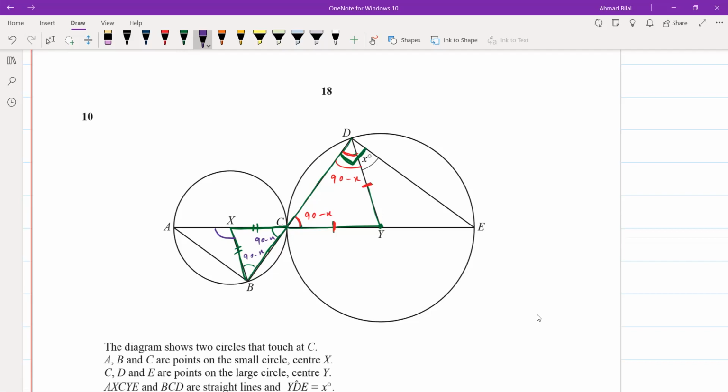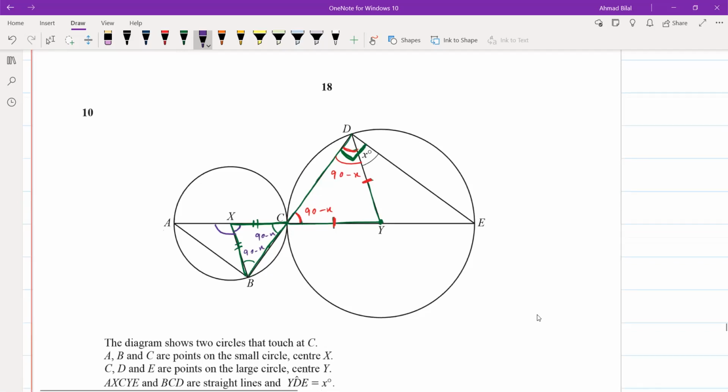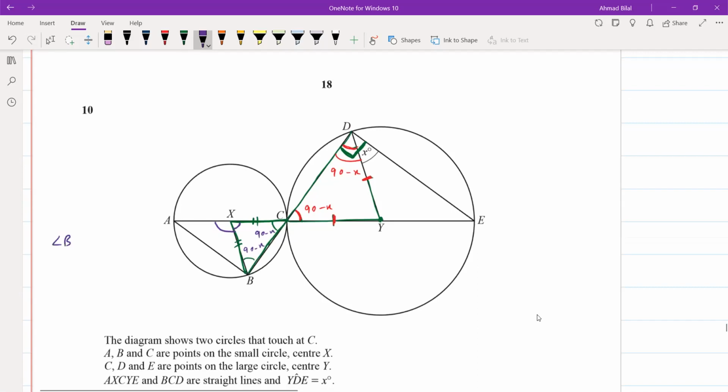अब ये तीसरा एंगल निकाल सकते हैं क्या? ये वाला एंगल. So let's find that angle. BXC. यहीं पे कर लेते हैं. Angle BXC ये फाइंड कर लें. ये क्या आता है? This is going to be 180. 180 में से ये दोनों एंगल्स माइनस कर दें. 180 में से 90 minus x माइनस कर दें और इसमें से और 90 minus x माइनस कर दें. तो दोनों एंगल्स माइनस कर दिए. Let's see what we get from that. We get 180 minus